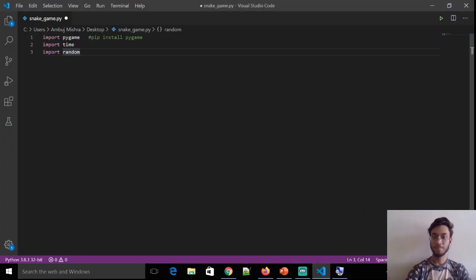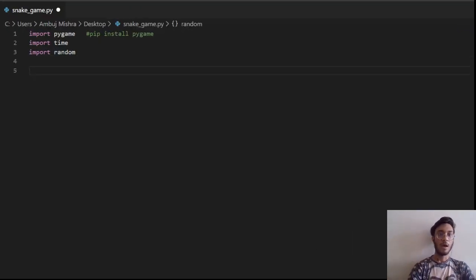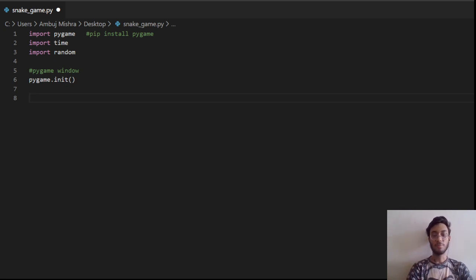After importing all the modules, we are going to initialize the Pygame window. For initializing the Pygame window, we're going to use an inbuilt function, that is init. This will help to initialize the Pygame window. After initialization, we are going to specify the width and height of the window. So let me have two variables, width and height.